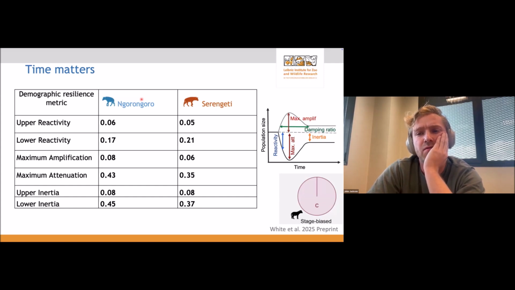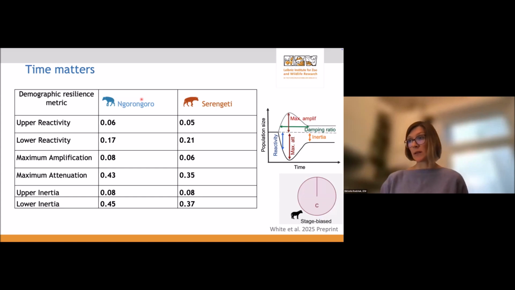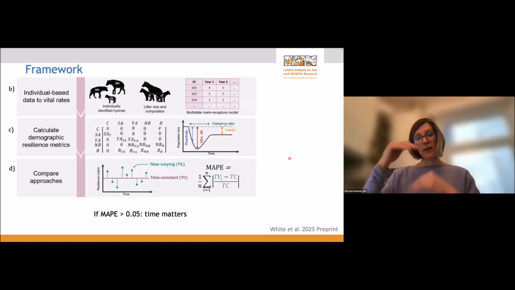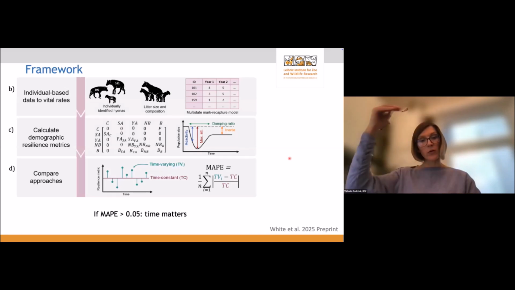I see, but it's still time varying. So presumably you still have an annual resilience metric, right? Yes, we do. And the differences are the differences in both. So the MAPE measures the difference. So we do have, okay, maybe going one step back here. We do have this, but it's not that it's one value. With the empirical structure, we can really put it on the plot if you want. And with the envelopes, it's still a whole range of the possibilities, you see?